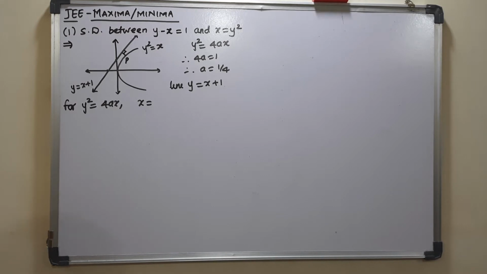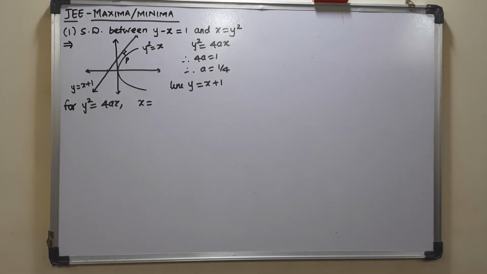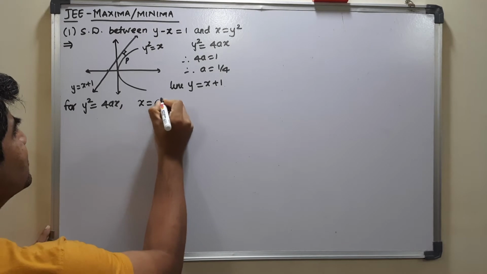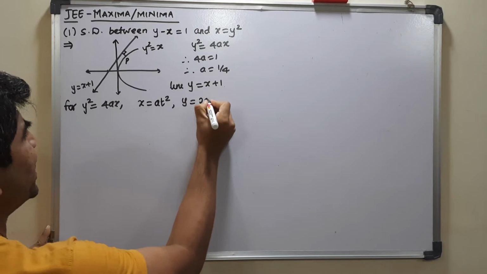So y square is equal to 4ax, which is already given to you. Now, you have studied in parabola already that those particular values which will satisfy this equation are the parameter, and obviously we have seen that trigonometry does not satisfy this. So you require a parameter t, which is at square,